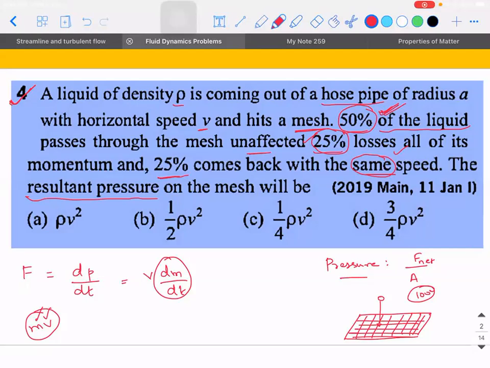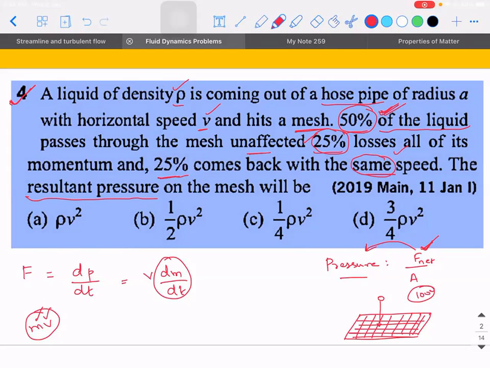If something has to contribute to force, so according to this problem, if there is a non-zero force acting, then there is a non-zero pressure also acting because area has nothing to do in this problem. Area will get eliminated. Look at the options also. There is no area. So your answer should be only in terms of rho and v. Okay, I'm giving you the hint. Listen to it carefully. Force will get exerted on a particular substance only if there is a change in linear momentum. Out of the 50, 25 and the third 25, the second 25, which is causing the change of momentum?